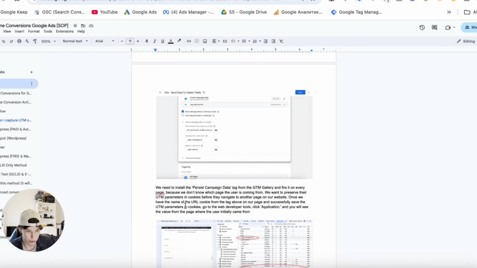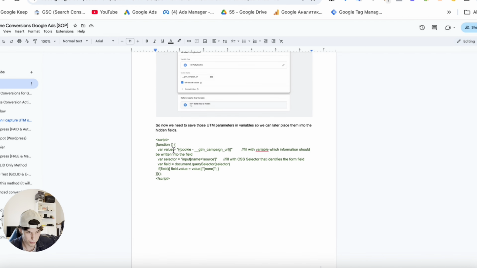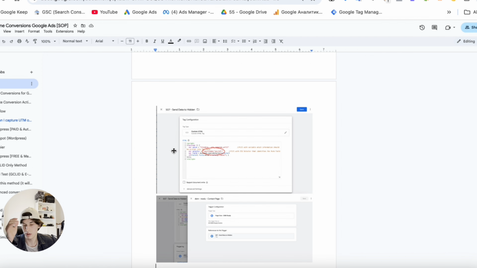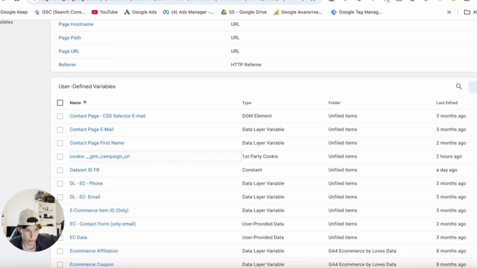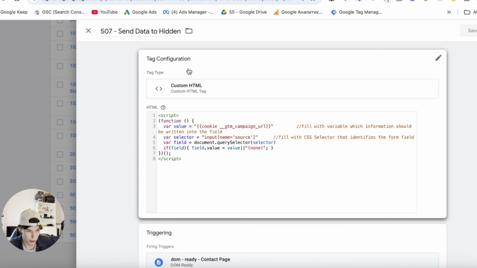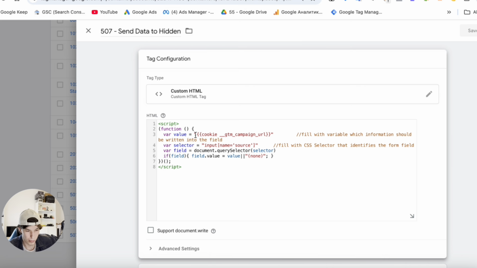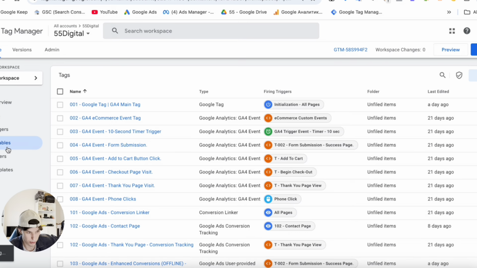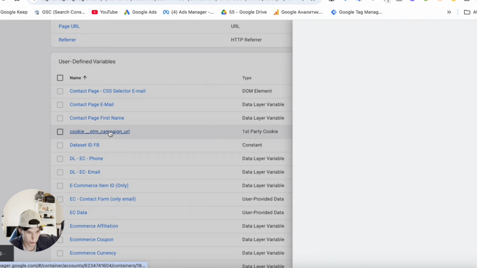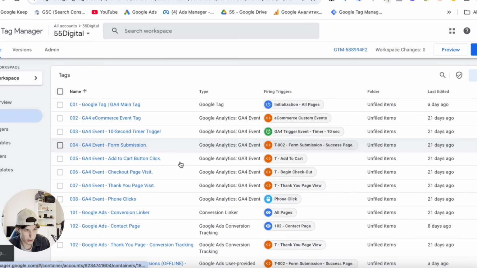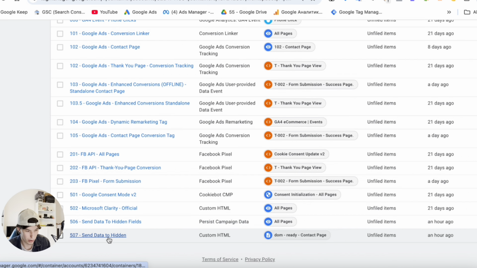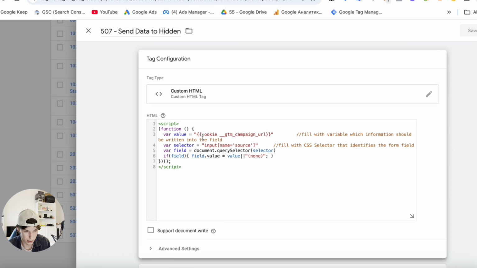And what should we do next? So here are these instructions. We want to put those GCLID from our cookies into hidden field form. So we want to again go to tags, and here we have to paste those variables that we've created. These variables that we've created here, you have to copy, and it has to be identical. And we click here, send data to hidden, paste it here,